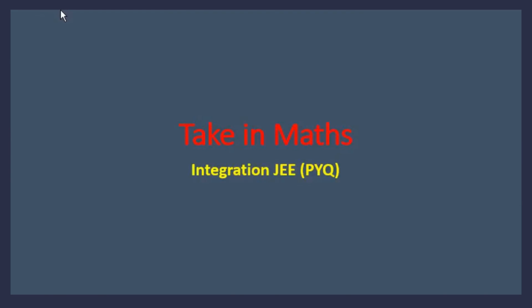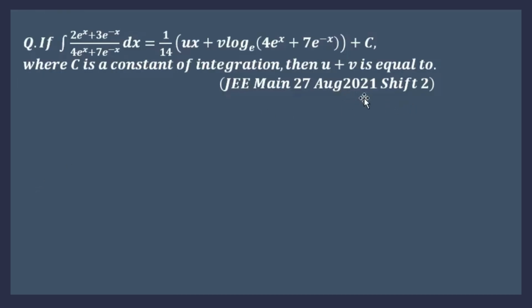इस वीडियो में मैं JEE PYQ इंटीग्रेशन के क्वेश्चन को सॉल्व करने जा रहा हूँ। यहाँ एक क्वेश्चन asked in 27 अगस्त 2021 शिफ्ट 2 का है। इंटीग्रेशन of (2e^x + 3e^(-x)) / (4e^x + 7e^(-x)) dx equals (1/14)(ux + v log(4e^x + 7e^(-x))) + C. यहाँ पे हमें u और v की वैल्यू फाइंड करनी है, देन सम ऑफ द वैल्यू ऑफ u एंड v का रिजल्ट।